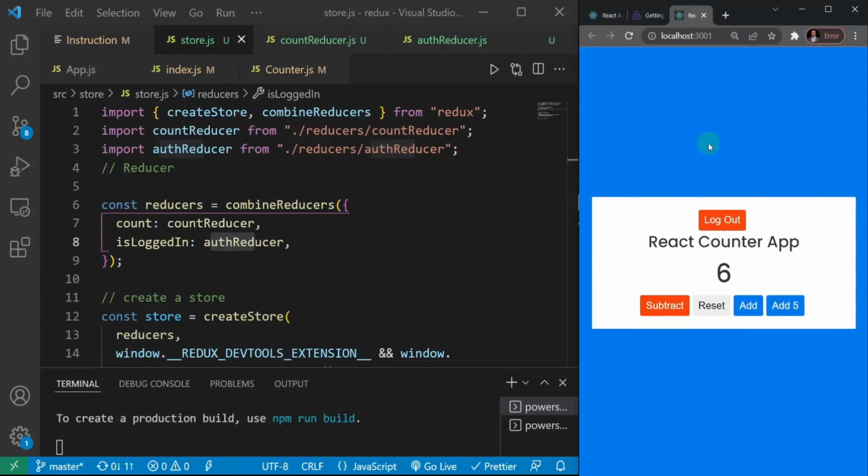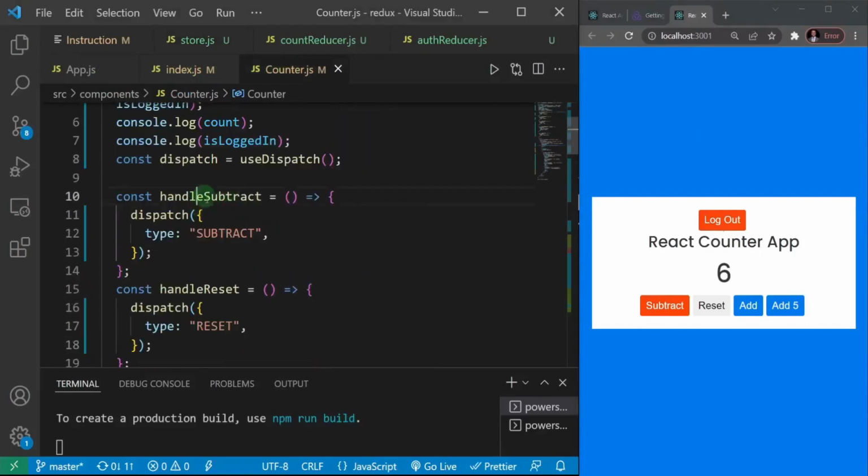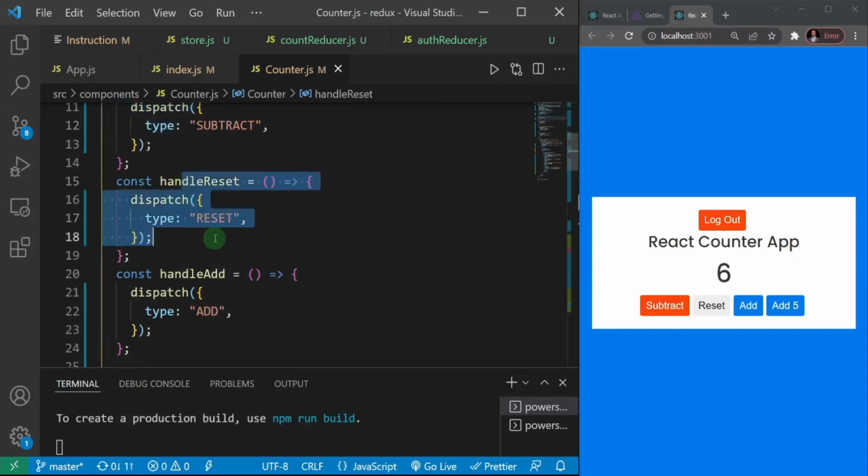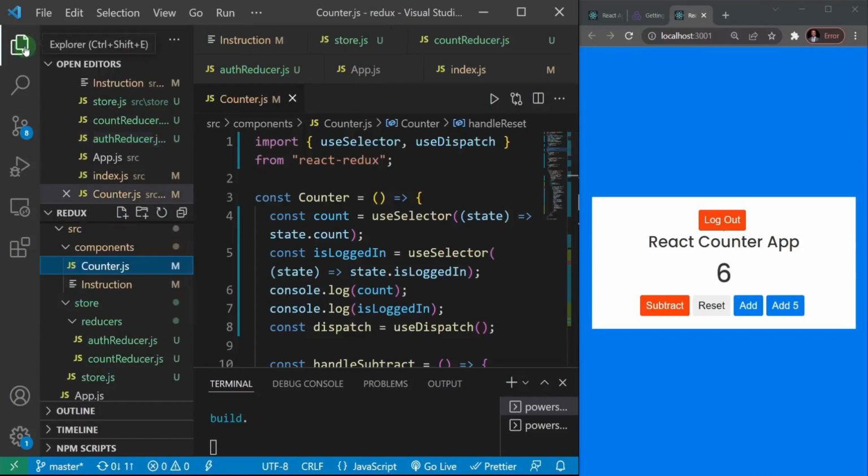All right, now we've been able to export our reducers into their own files. Next, we're going to export our actions. So if you go to our counter.js, you see that all our actions are here. So from the handle subtract to the reset and all of them. All right, so the way Redux is set up, the actions are also in their own dedicated folder and files